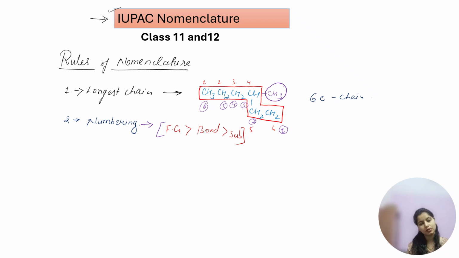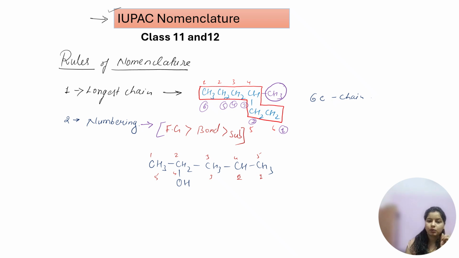If you have any functional group, try to number from the side by which you can give the minimum number to the functional group. For example, let's take one molecule, CH3, CH2, CH3, and I'm adding OH over here, and then CH, CH3. I can number in this way, 3, 4, 5, and I can also write like this: this is carbon 1, this is 2, this is 3, this is 4 and 5.